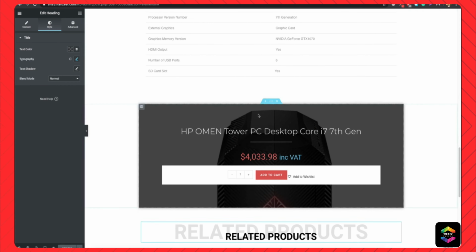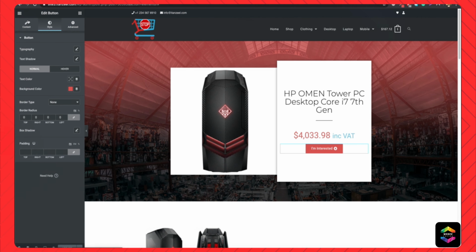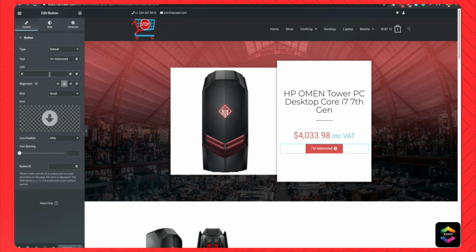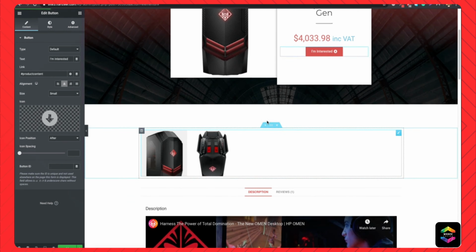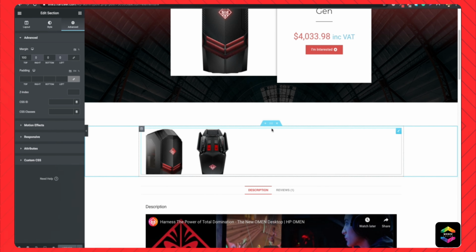So what you have to do is go up here, and here you have to click over here. And if someone clicks here, you're going to send them to the product content. Okay, so now you're going to hit update, and here you're going to add the ID for this to be product